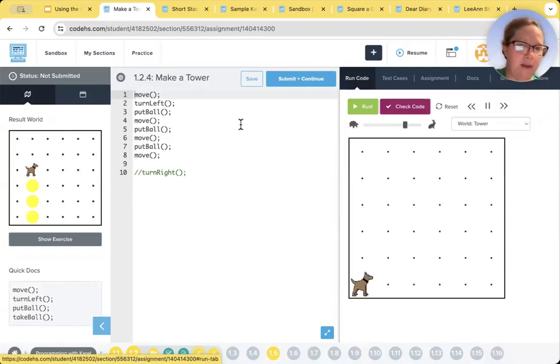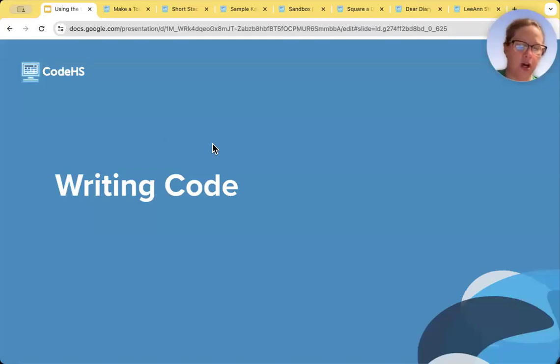On the run tab, when we're talking about going back in and running code, we have our run and we have our test cases. So the first thing I want to talk about is writing code before we start to run anything. Okay. So when we write code,